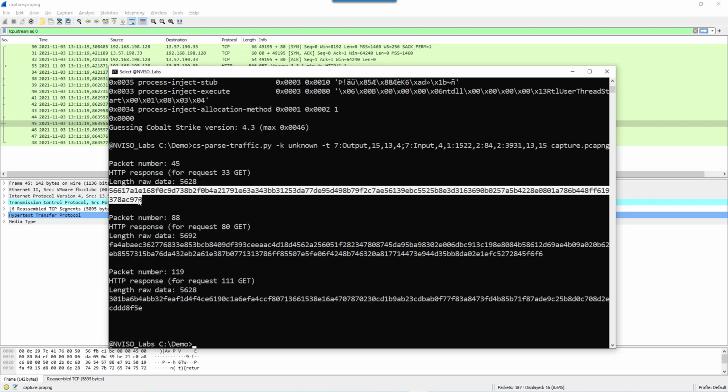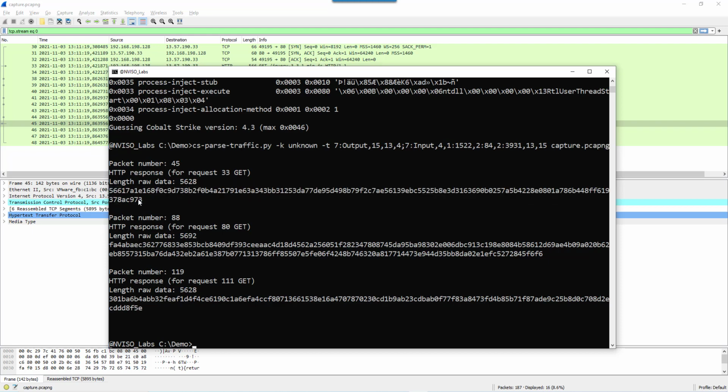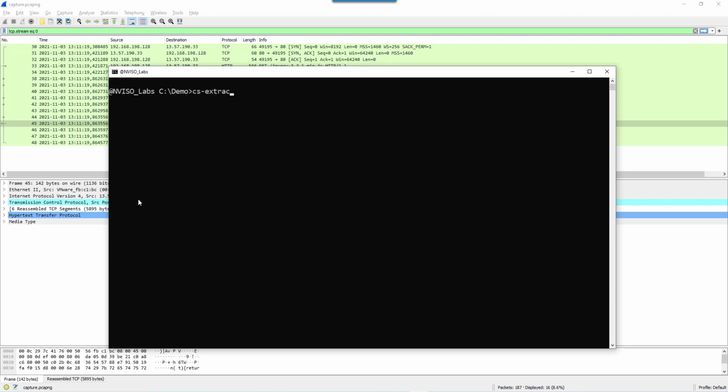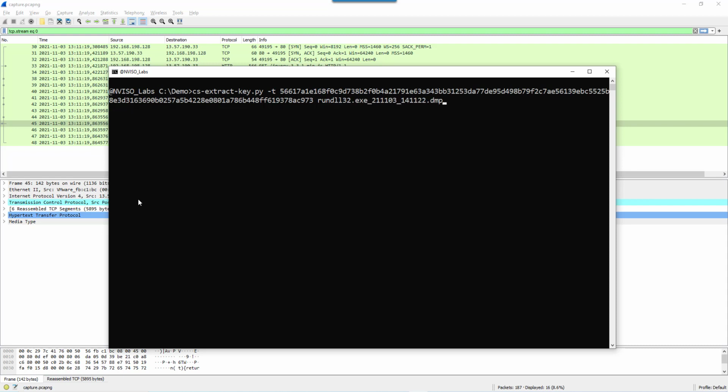So like I did in video 2, I copy this now, and then I use a tool, CS extract key. This is a task, and I give it the process memory dump. And as you can see here, we don't get a quick result. It will take a bit of time, and nothing was found. Okay, and that is because the process memory is also obfuscated, and this is what they